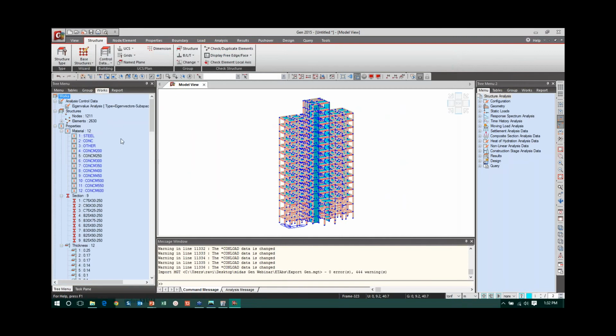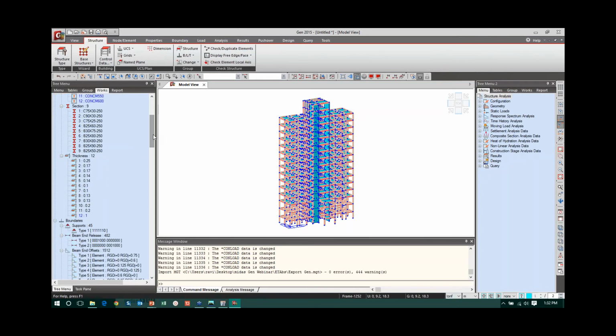A couple of things we need to understand when importing a SAP file. Your geometry, section properties, plate thickness, and the loads, dead loads, live loads, everything are imported. But in ETABS and Midas Gen we have the concept of diaphragm action, where you can define diaphragms. In SAP there is no concept of diaphragm.